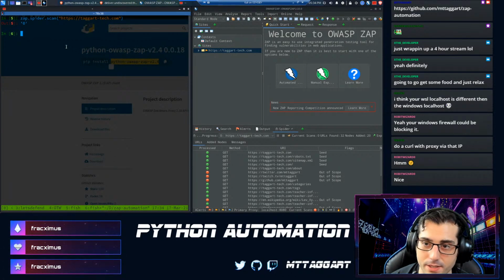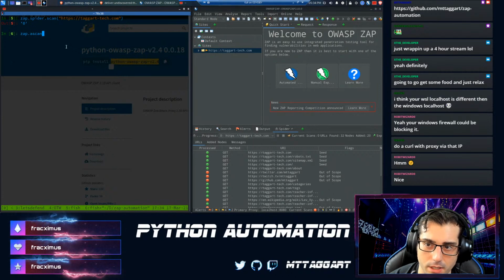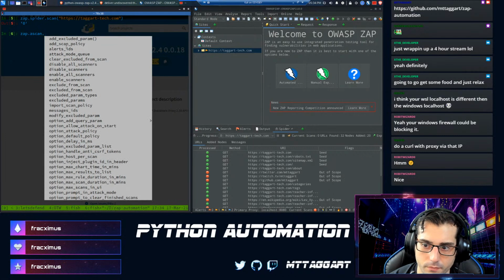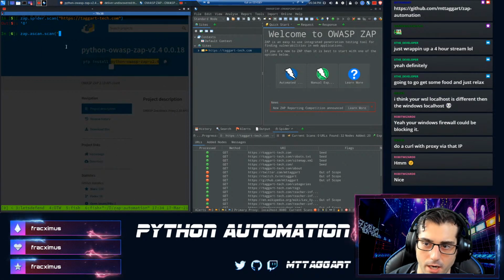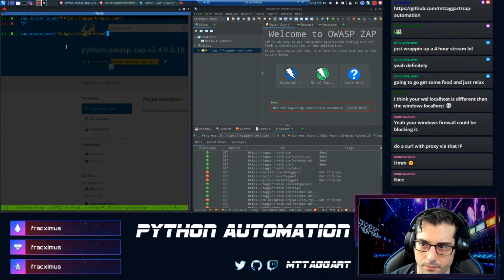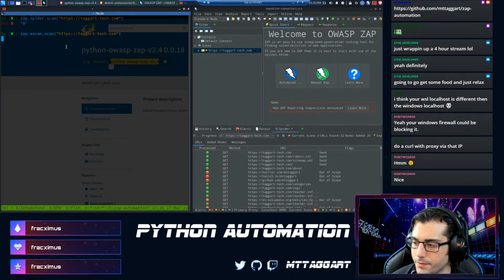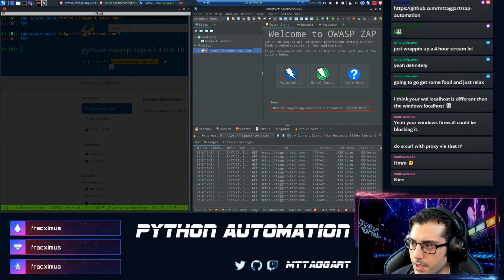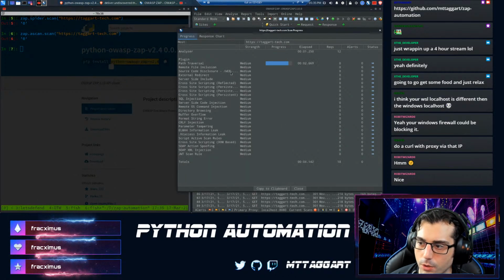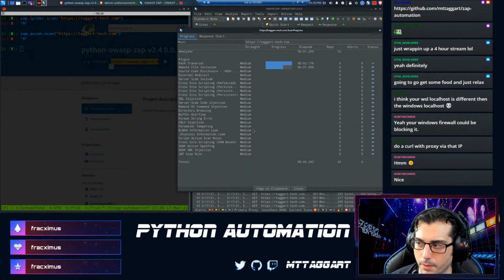Let's active scan. Let's attack this thing. So zap.ascan is what I want to do there, and the same thing, I would give the URL. And this is where you're going to see, it shouldn't take too long, but even as it goes, you'll see the active scan kick off. And let me bring up the indicator. So you can see all sorts of stuff that it's doing, and we can watch this scan progress go.